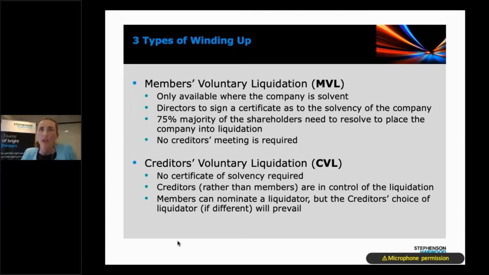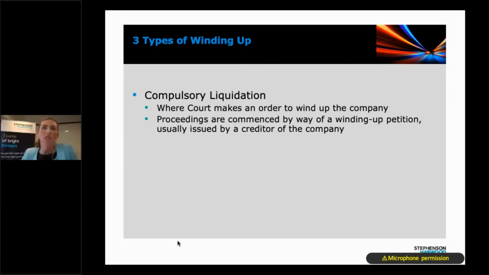So on the next slide, we just mentioned compulsory liquidation. This is the court appointed liquidator. This is what Jeremy was speaking about before. It's usually when a creditor who hasn't been paid petitions to wind up the company. There are other scenarios where it's used. Someone had asked in the pre-questions about just and equitable winding up. That is often used where there's an internal shareholders dispute that can't be resolved and the company can't continue on. But the most common way is when there's a creditor who's unpaid, which just emphasises again why it's very important to deal with a statutory demand properly if you receive one.